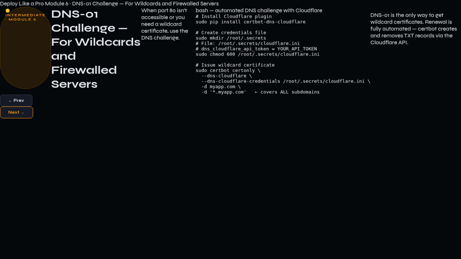Automated DNS-01 with Cloudflare. The certbot-dns-cloudflare plugin automates the TXT record creation and deletion. Install: sudo pip install certbot-dns-cloudflare. Create a Cloudflare API token with DNS edit permissions. Create a credentials file